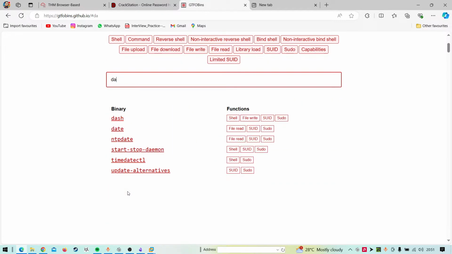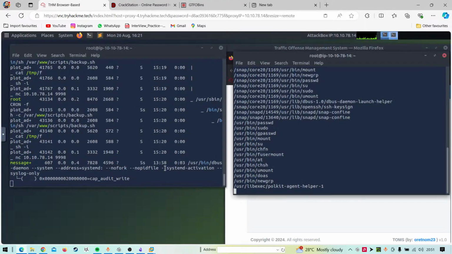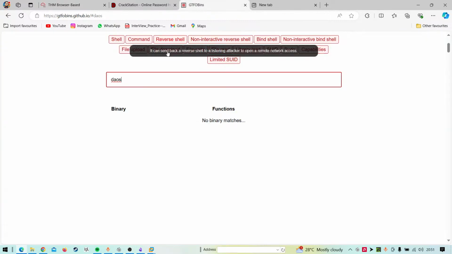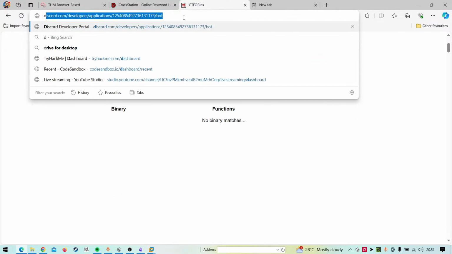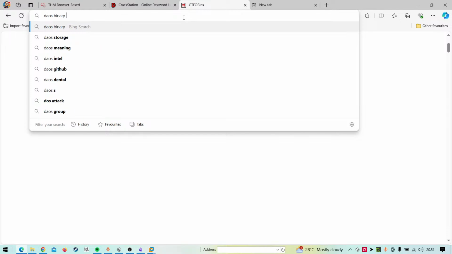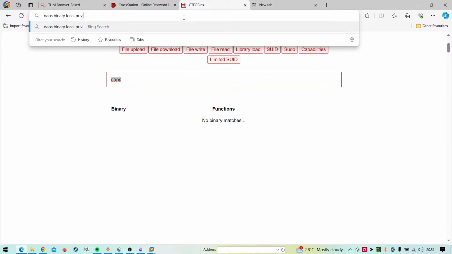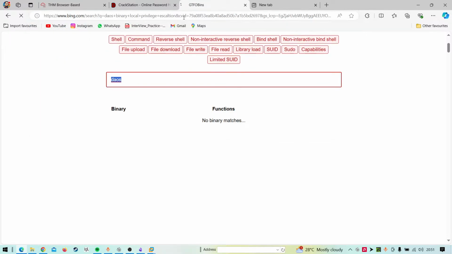DOAS, we have it. DAOS. I don't know what is the name. DAOS. Okay. So you can just search DAOS binary local privilege escalation.